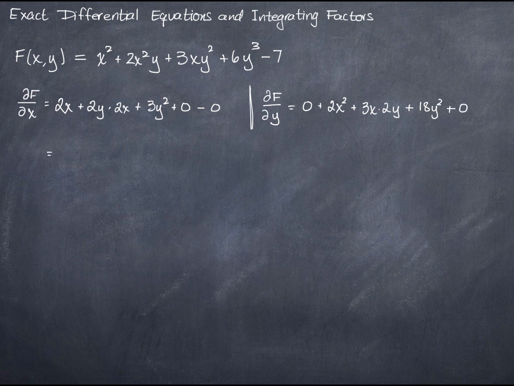And of course, I could tidy these up. I'm going to have 2x plus 4xy plus 3y squared for that one. And for this one, I'm going to have 2x squared plus 6xy plus 18y squared. So that's what we mean when we say partial differentiation, and that is different from implicit differentiation, at least in the processes that are involved, the focus with which you